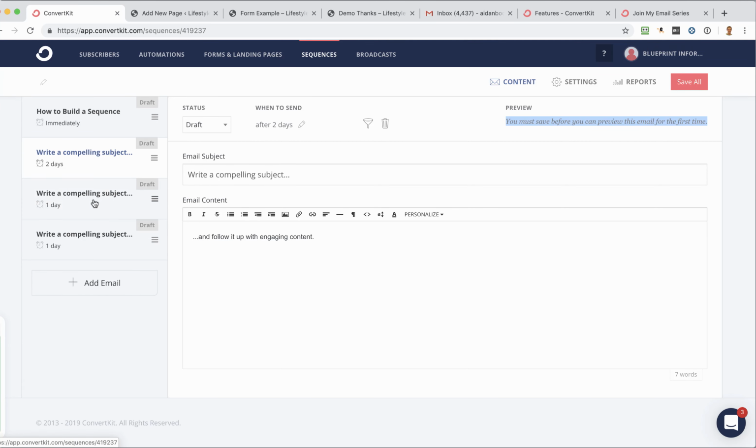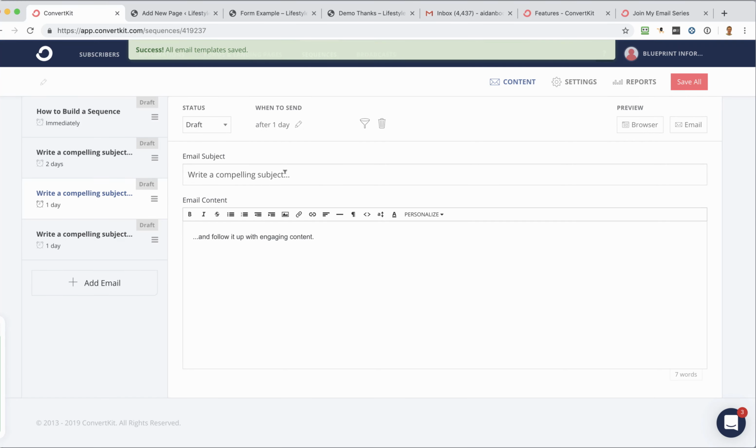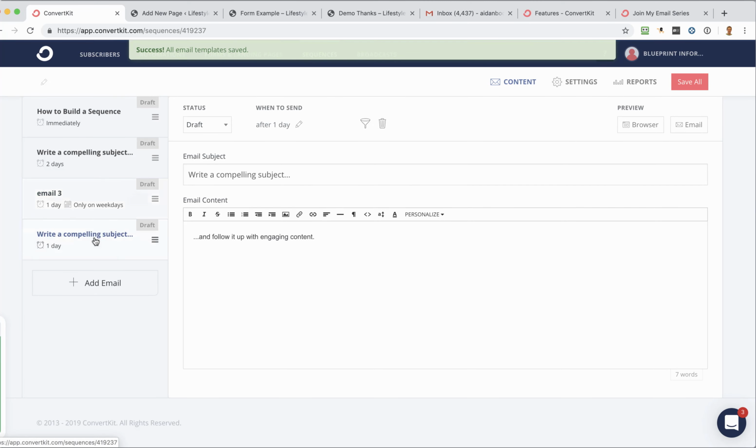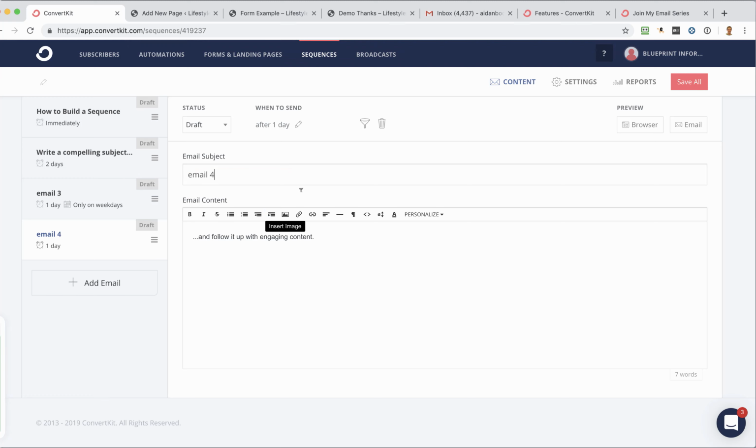This one here is the third one. Whoops, save all. This one's the third one. And you might want that to go out 1 day after the next. If you wanted it to go out 1 day after the next, but not on a weekend, then you could select those ones, save, and then this is email 4, and same thing, you can set this however you want,